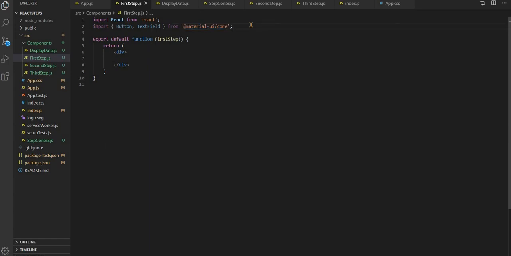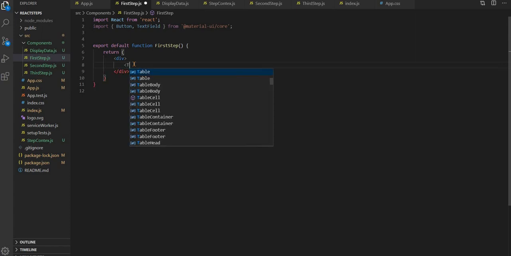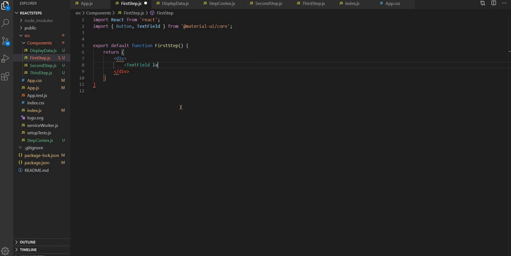I'm assuming you have some background about React.js. So let's create some text field, label equal to the label of our text field, first name. Then I have just copied the other data as we do not focus more on the HTML or CSS.